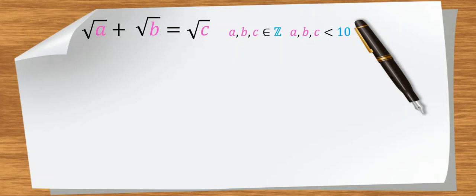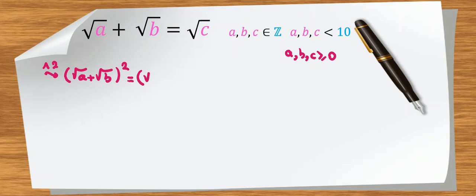Because they are inside the square root, we can say a, b, c should be at least 0. And then, if we raise the main equation to the power of 2, the left hand side will be root a plus root b squared, and the right hand side will be root c squared. Now, we know that